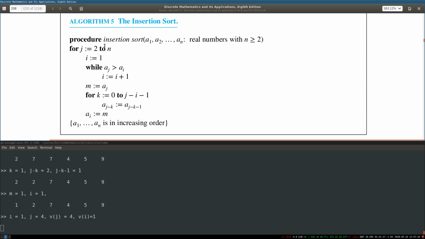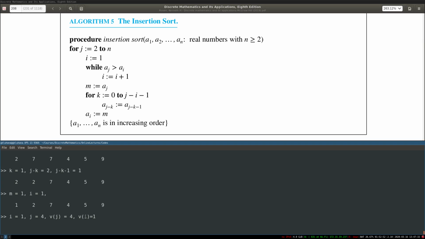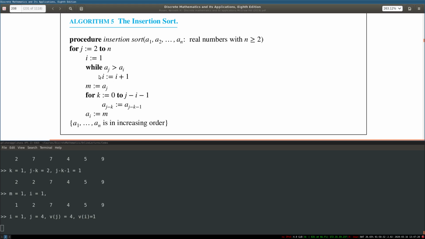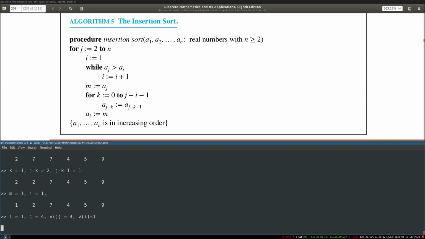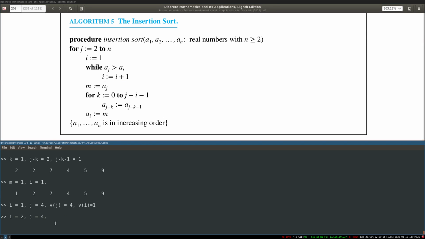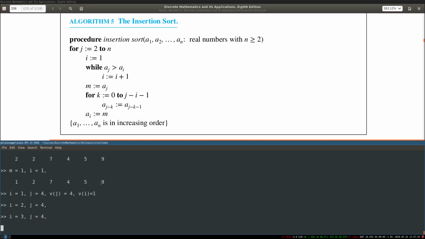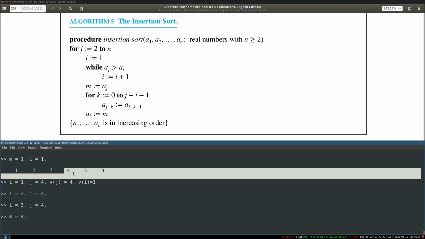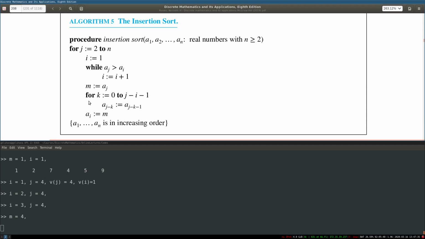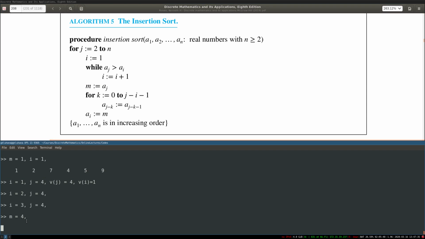Then we move back to j equals 4. We compare v[j] with v[i], and v[j] is bigger than v[i]. Then we finally get into this loop, so we increment, i is now 2. We still don't have this condition, i is 3. And finally, a[j] is bigger than v[i], that is the third value is bigger than this value, fourth value. At this point we change m, we insert it in the right place by moving this value here, and then